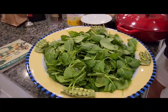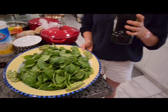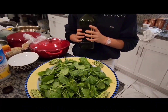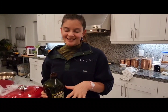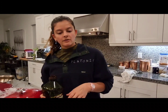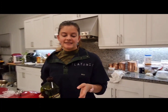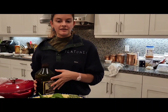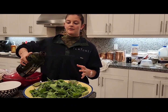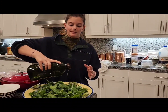Sorry, my kitchen is a mess. No, that's okay. So we have kale, and this is baby kale. It looks super similar to spinach. Normally I would opt for adult kale, like normal kale, for the salad, but I couldn't find it in the store this evening. Kale is a super tough leaf, so the way you can break it down is by giving it a healthy drizzle